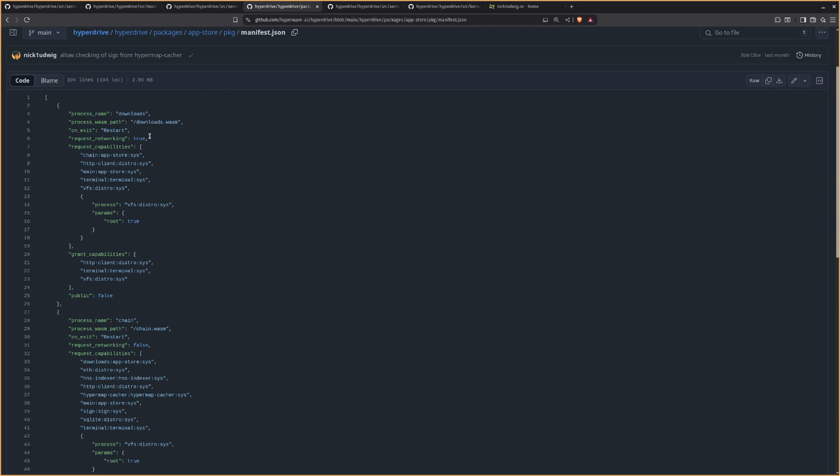So here we have a bunch of different processes that are started when the App Store package starts. And you can see, in addition to the various metadata, like what's the name of the process, this request networking field and this request capabilities field. So when you request networking, the kernel will then give you the capability to network. When you request